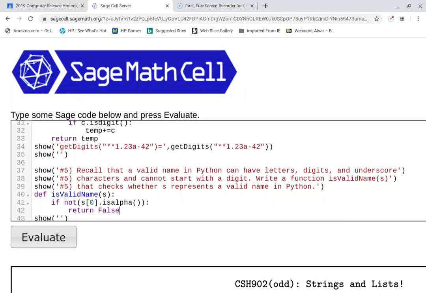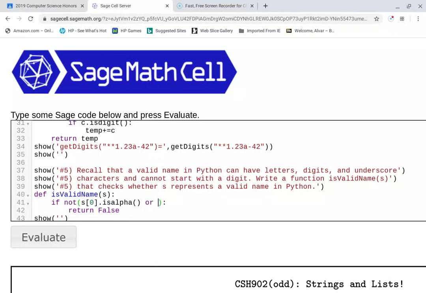Okay. When else is it true? Oh, we're also not allowed to start with a number. We can't start with an underscore, I guess. I don't usually do that, but that's allowed, right? According to the description right there. So I'm going to say or. Remember, when is the disjunction false? When both disjuncts are false. So when is it true? When one or the other disjunct is true. So if is alpha is false, but it starts with an underscore is true, I'm going to say